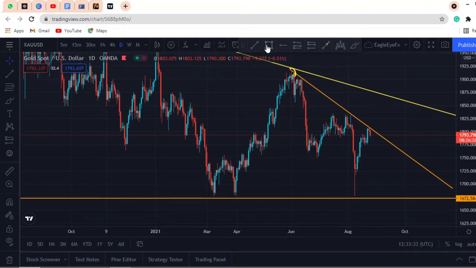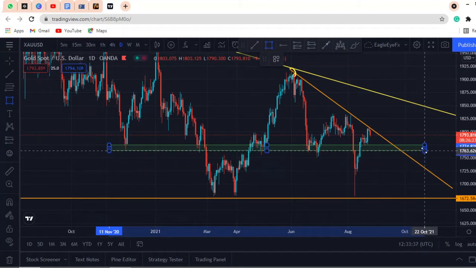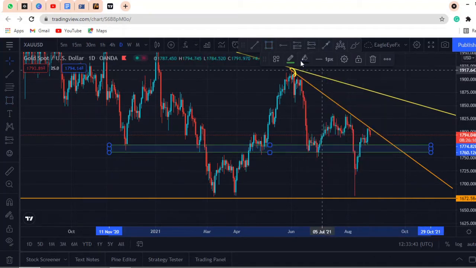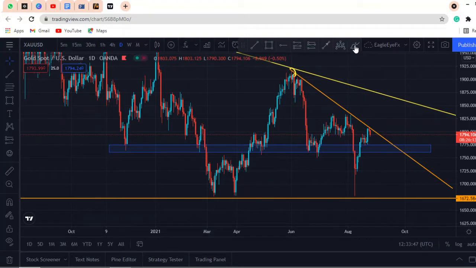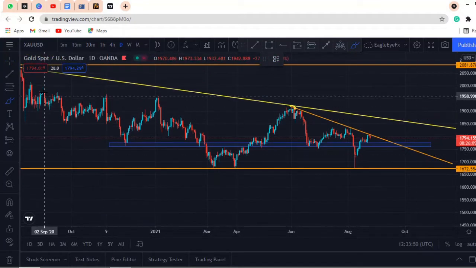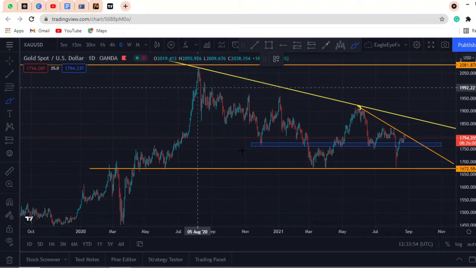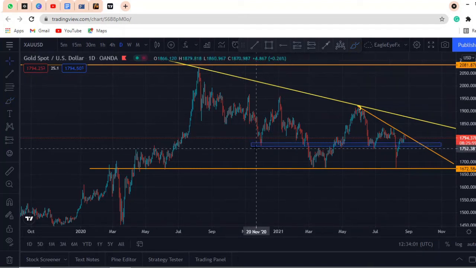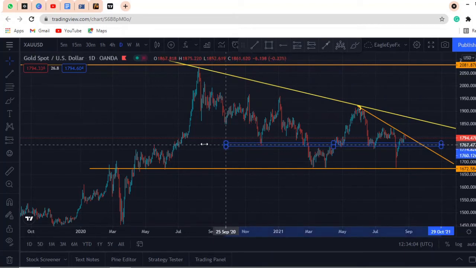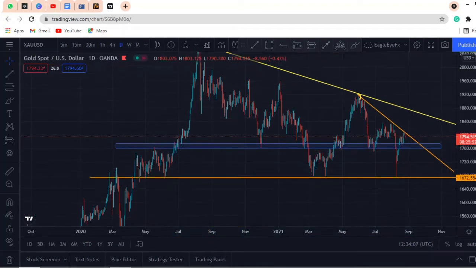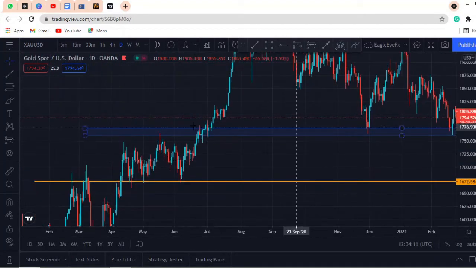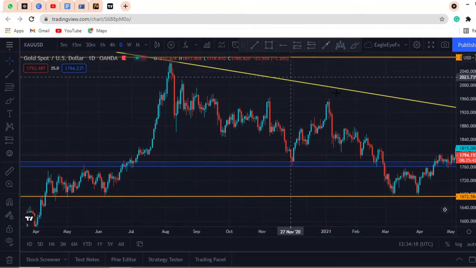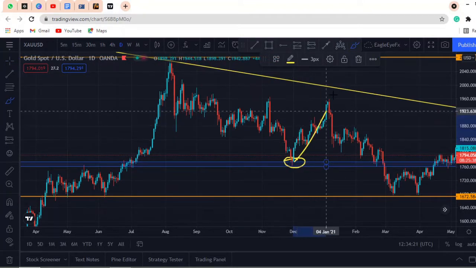Okay, so let me draw this here, this zone here, to draw this as a zone, simply because you see when gold came from up here, let's even try and make this a bit bigger, extend it that way, and then if you zoom this, you see that it came here, got rejected, and it was able to break up to that high level there, and it came down here, found support, pushed up,